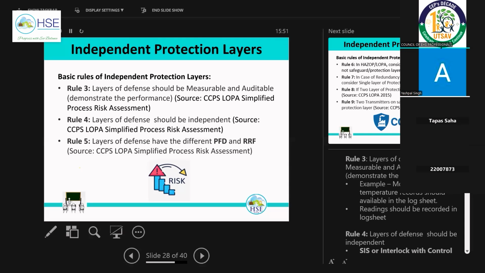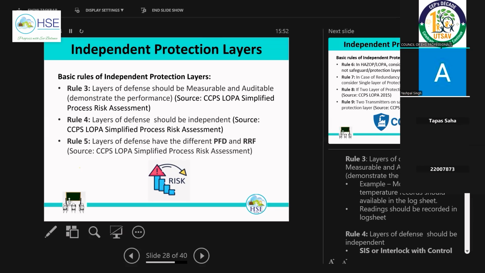Suppose we don't have any other safeguards in the system, and it is not possible to even give a recommendation for an additional safeguard. In that case, what we normally do is increase the reliability of the control loop system, like the temperature control system here. So there are a few SIL ratings, safety integrity level ratings. In case of SIL 1, we consider PFD 10, but we want to increase the layer, and we don't have any other recommendations for the control system. We cannot provide any additional control in the present system. So what we do is increase the reliability, so we make it SIL rating 2.